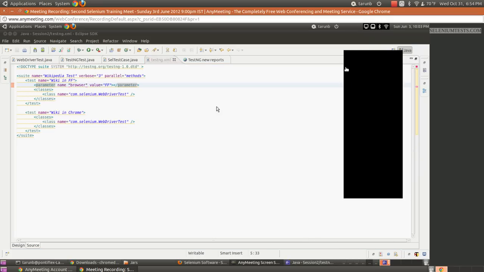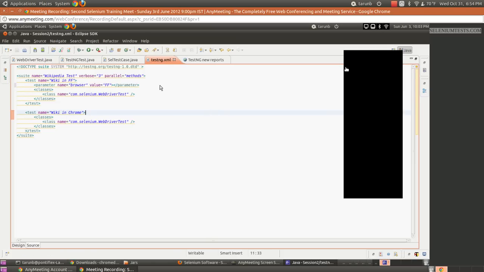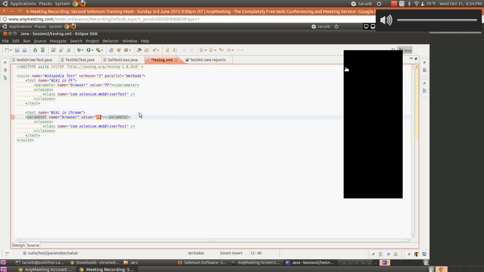There's some error. Let me just try to correct it. Okay, and then we will define another parameter. Yeah, equal to was missing. Yeah, thanks Tulsi. And then we will define another parameter. So this is one parameter in one test and another parameter in another test. I'll just change it to Chrome.